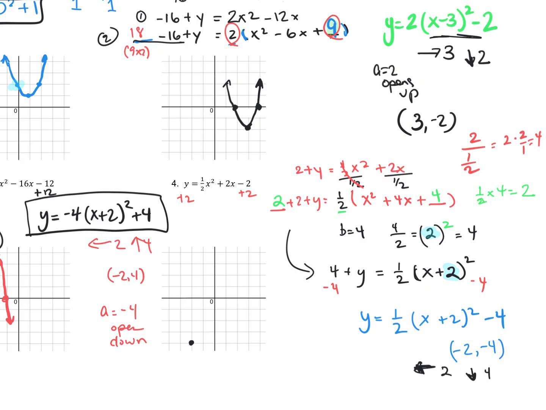And so this a is a half, it's positive, so we open up. So we're going to go out 1 and just up a half. Out 1, up a half. This should make your graph wider, okay? All right. Now, one thing nice about this one, we know that our y-intercept is at (0, -2), because it's